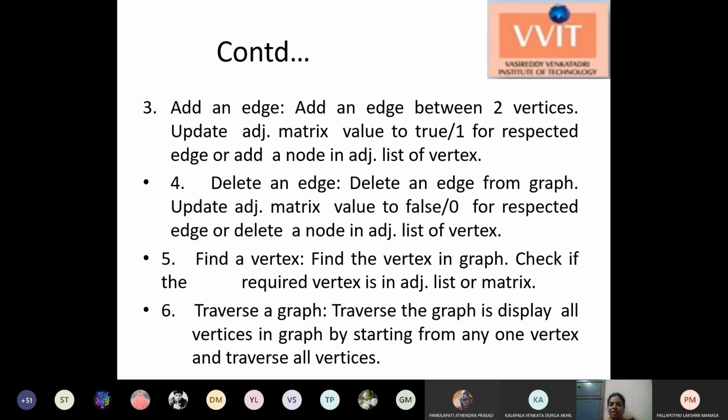Except traversing the graph, we'll see the remaining five operations, because traversing the graph is a separate topic, we have different methods to traverse the graph.